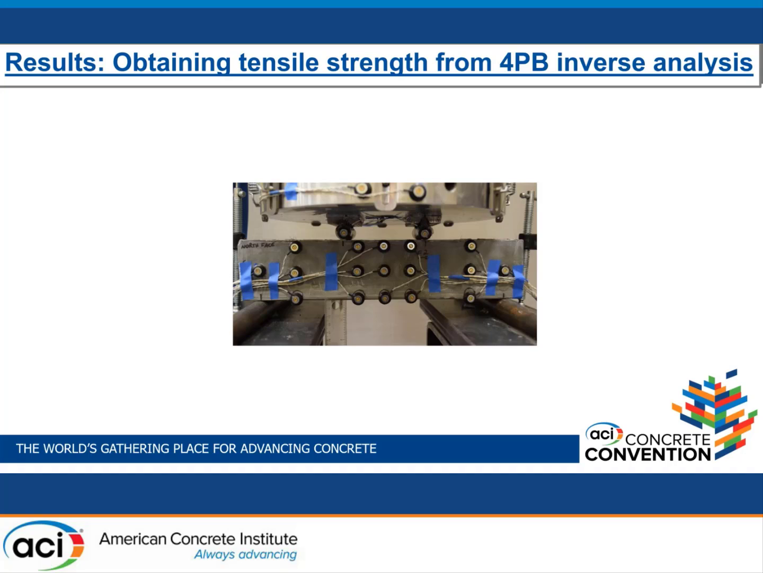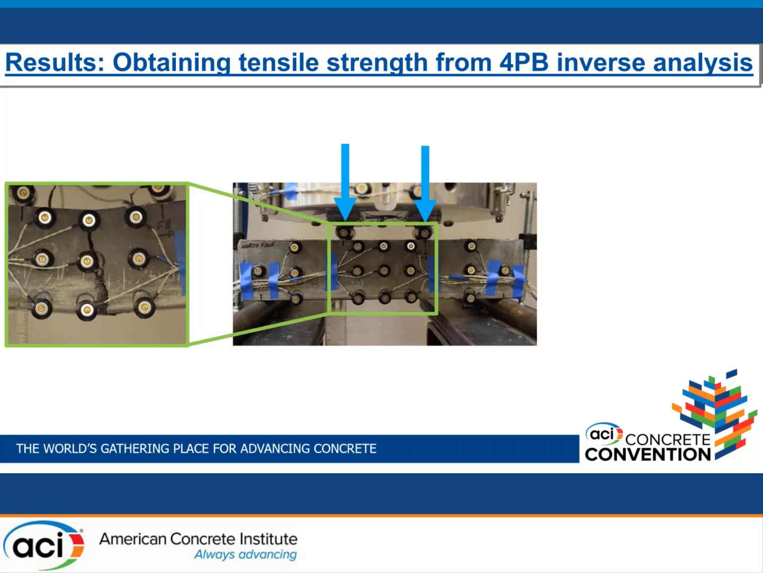To obtain the direct tension results from the 4-point bending analysis, we had to do a 4-point bending inverse analysis to obtain the direct tension for these specimens. The way we did that, we know that we have our force applied on the specimens, and our specimen fails. Based on the load that we applied and a simple structural analysis, we can obtain